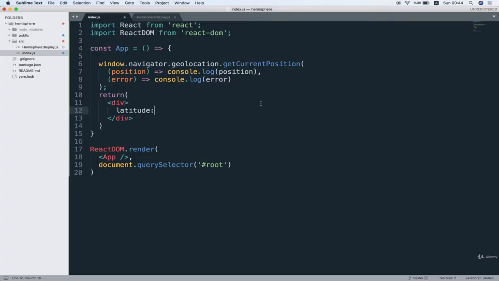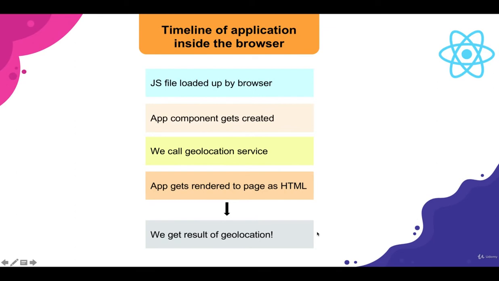Now, you remember in the last section, we learned that we are going to run into some really big issues when we're using a functional component with this geolocation API. The problem is that it takes some amount of time for the geolocation service to return our position. And by the time it returns our position, we've already rendered our app component on the screen. And we have to somehow tell our component to re-render itself or update the content on the screen right after the success callback. So the solution is to create a class-based component instead of the functional one that we are